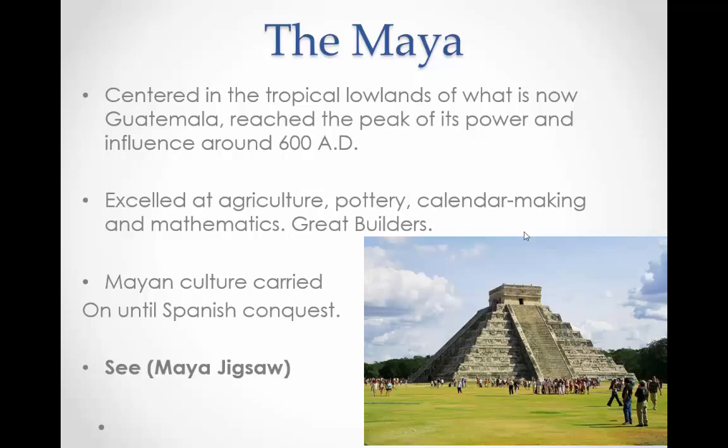They had their own religion. They actually had a written language, which was a big thing back then, and it developed independently of any influence from elsewhere in the world, which is really interesting as well. This culture would carry on until the Spanish conquest. In fact, some of the people that Cortez met when he was coming into the Yucatan you could still consider to have some Mayan influence, but the peak of this group ended a lot earlier than that. For the other extra details on the Maya, make sure to check out the jigsaw activity that we did in class.